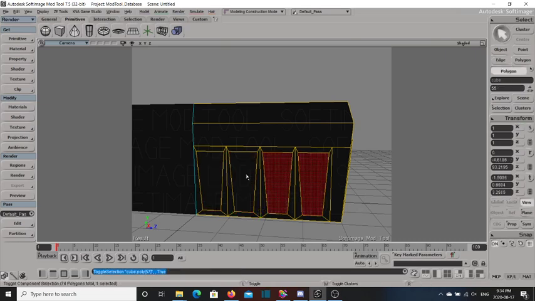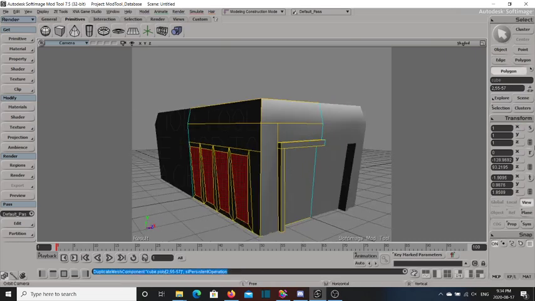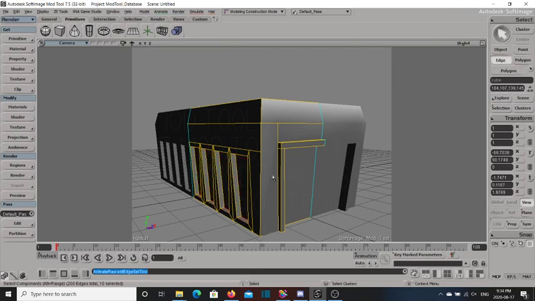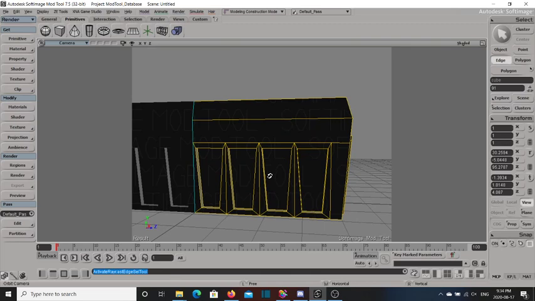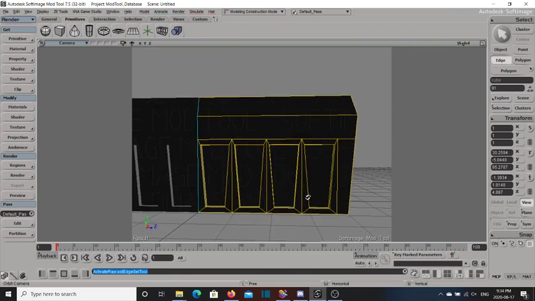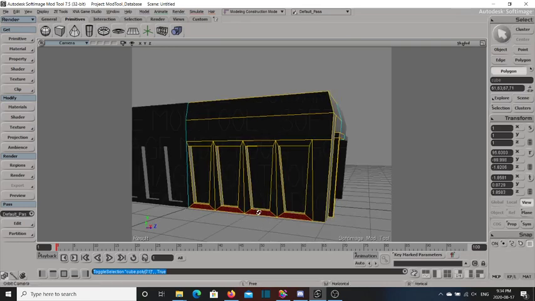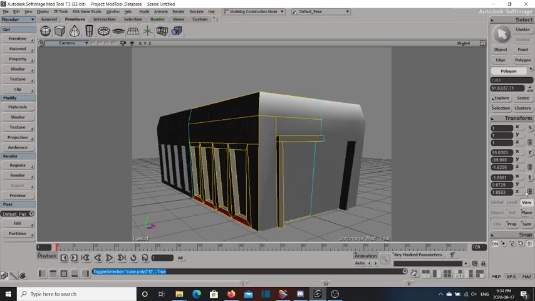I'm now going to grab all 4 of these again, Control D to extrude, and I'm going to extrude it along the x-axis. And that is basically all that we are doing. Now, for this part, we can press Control D, drag this out slightly, and now